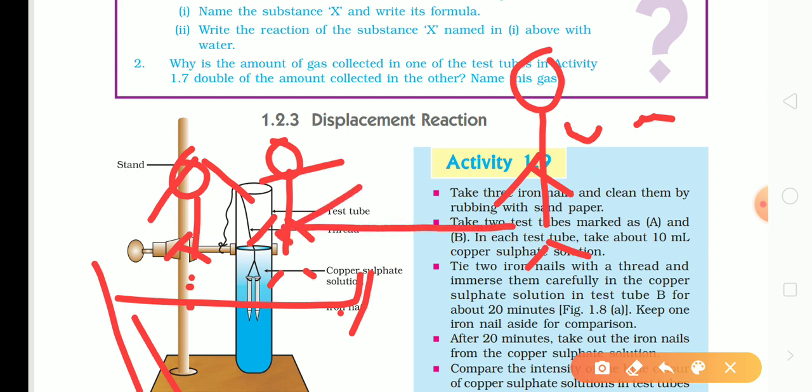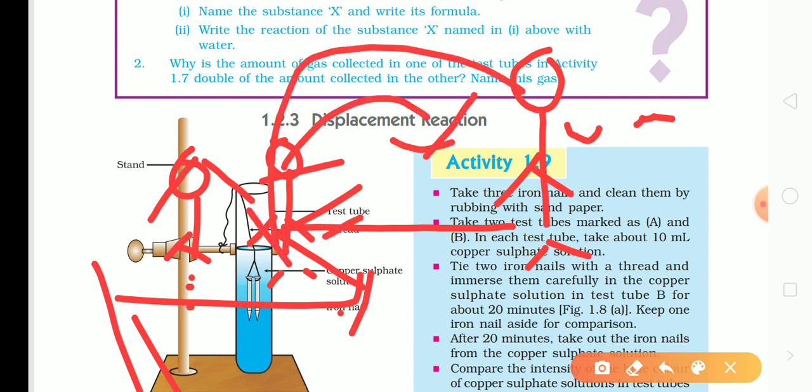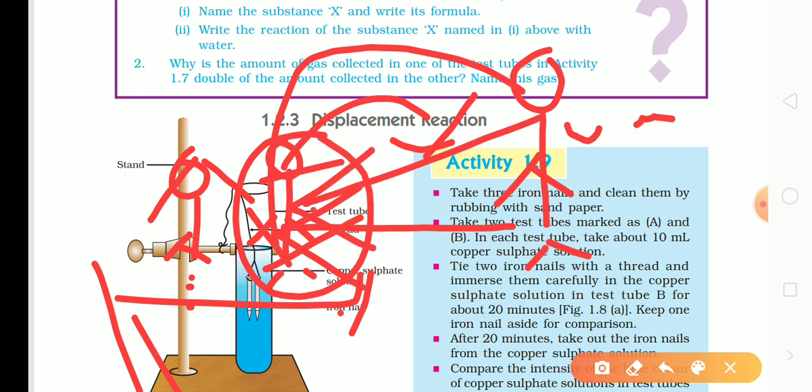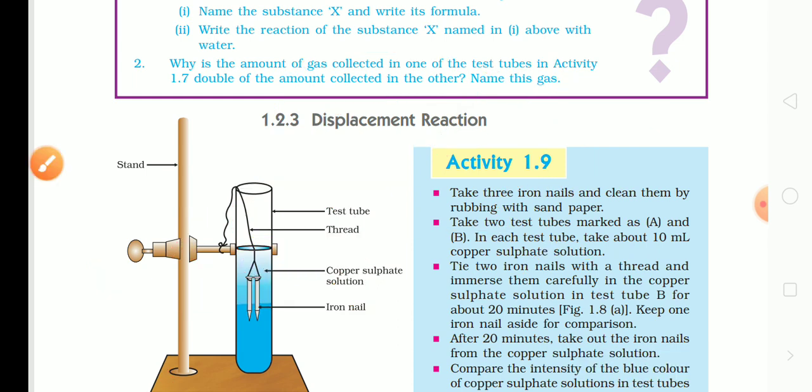He is kicking you out, and he is occupying your position. It is called displacement reaction. By displacing someone, someone else is occupying that position. It is called displacement. It is just an example. Don't write about girlfriends or boyfriends in your exams.